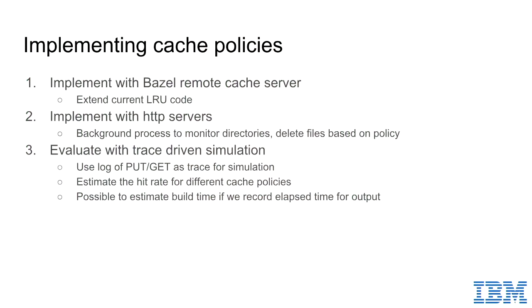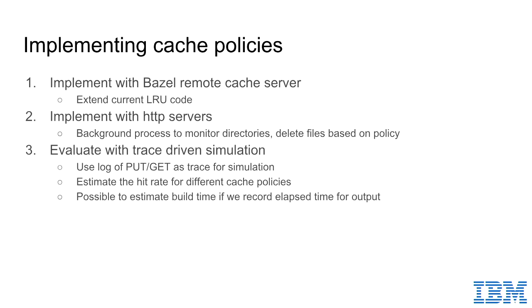Now, to implement this policy, we have a couple of options. We know that the Bazel remote cache already implements the LRU code, so it should be straightforward to go in there and extend it, to add the other policies and give that as an option to the user. For the HTTP server, they don't have a good way to run something in the background. So it may make more sense to have a separate process you just run as a daemon in your cache server, and it just monitors the directory and then goes in and cleans up files based on your